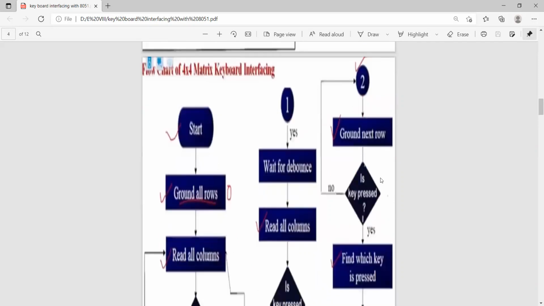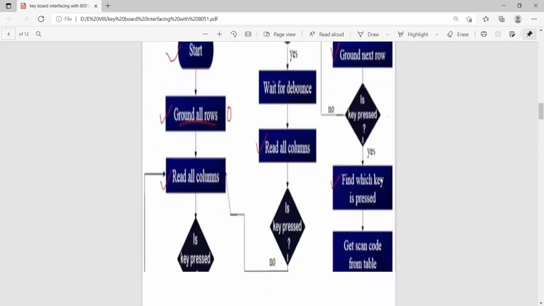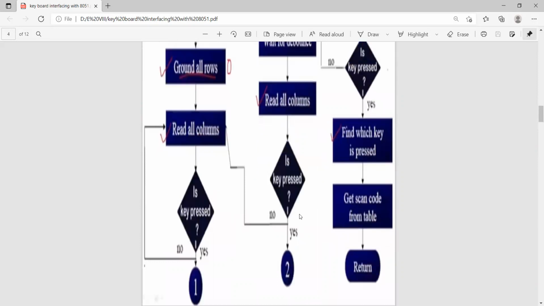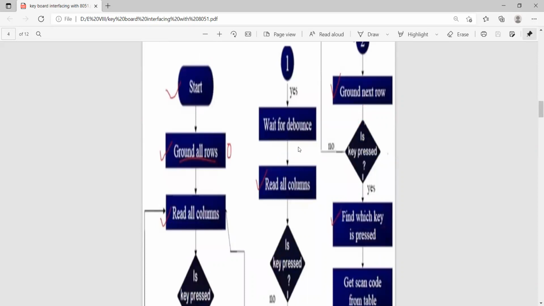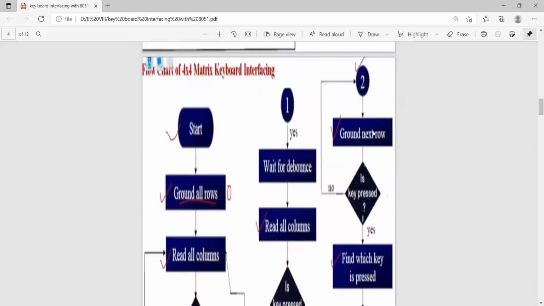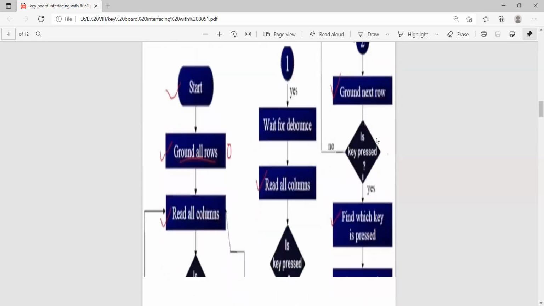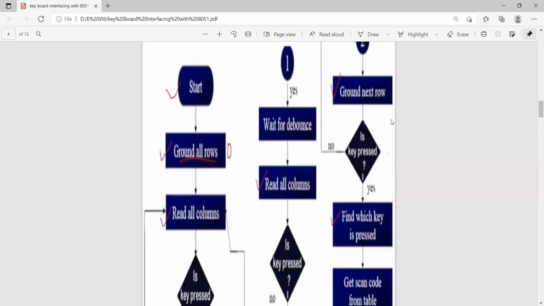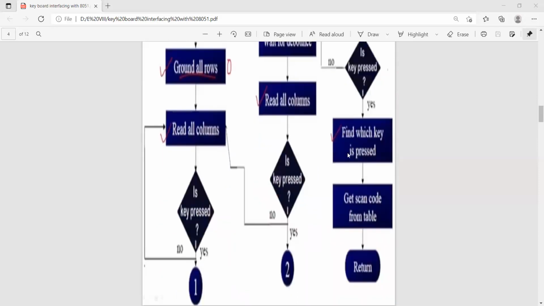This step indicates: ground next row. So first row, is key pressed? No. So ground next row, that is the second row. No. Then the third row. Like that, you can ground each row and identify whether something is grounded or not, to find which key is pressed.